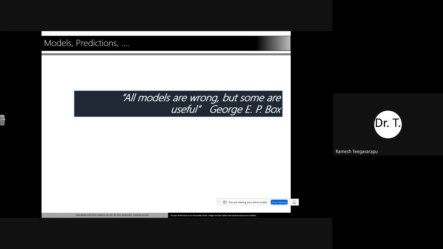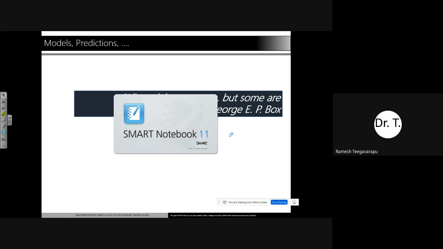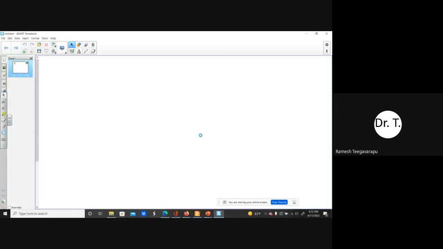So let me go to my screen here, and I'll start a smart notebook so that I can explain the ensemble forecasting principle in a very general sense. This can be applied to time series forecasting, and to any other type of forecasting we might do. The idea is that we assume we have a well-developed model. So this is our model.